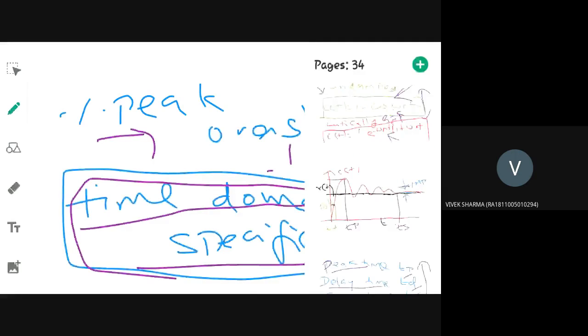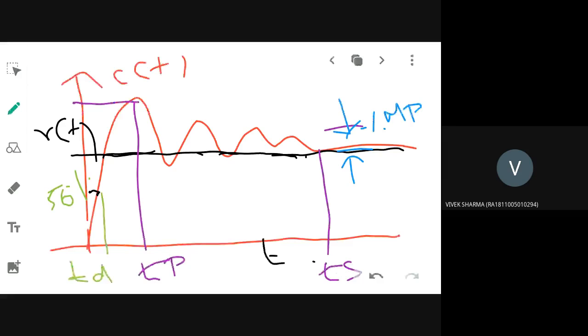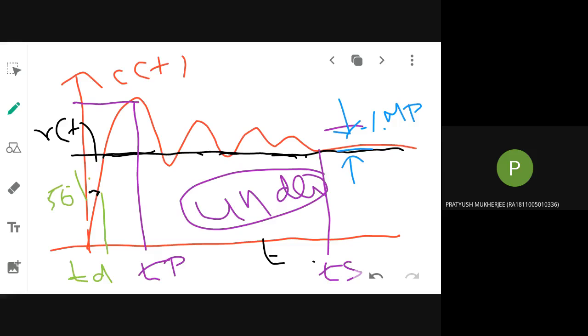See, this is the response that I'm showing. That is the response for what type of system? Second order system, but what case of zeta? You did it in the laboratory, all the 4 cases. This is for under damped. Under damped only, initially it will be oscillating, and finally it will settle down.